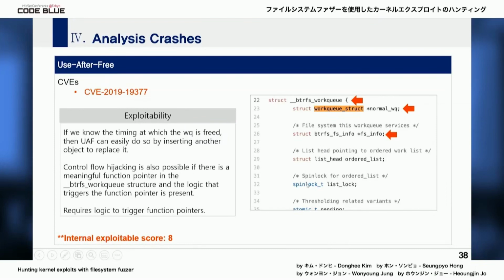Also, the work queue structure has a meaningful function pointer. So if you have the triggering part of the function pointer, control flow hijacking is possible. So I gave it 8 points internally because it is very exploitable.